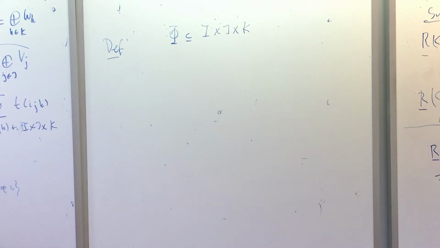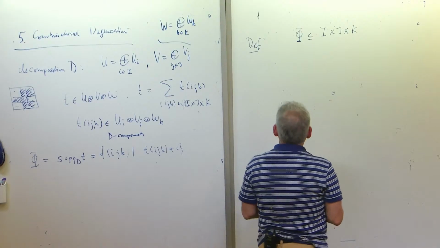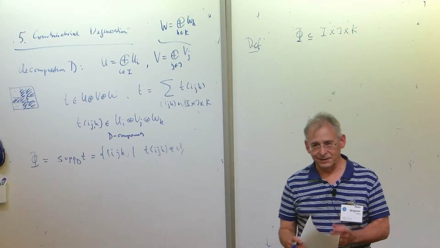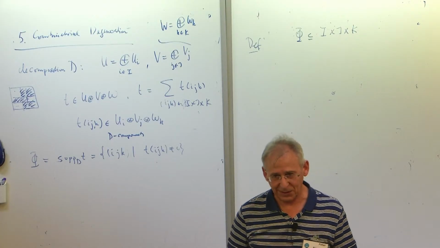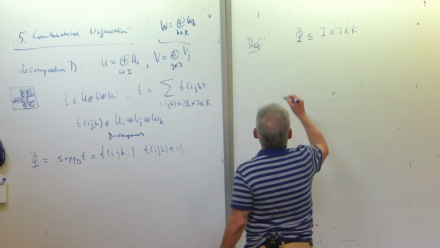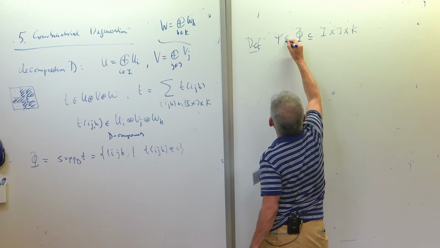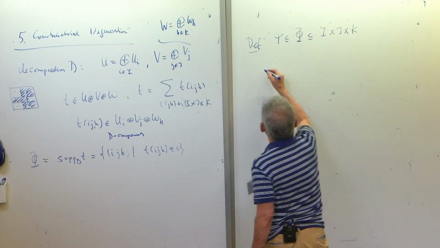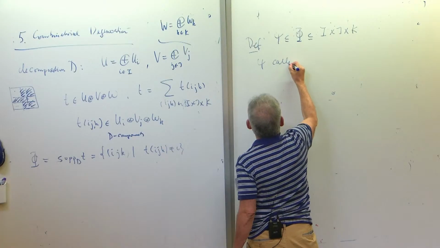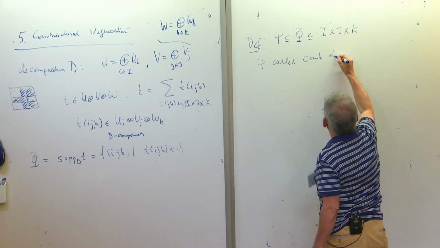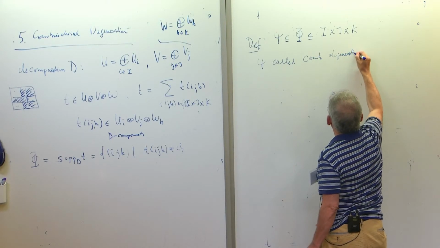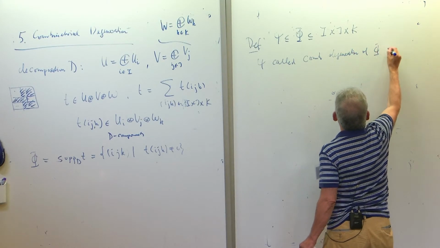In my application, it's the support. I want to make the support smaller, because in the end I want something diagonal. So I have a psi, a subset of phi, and I say psi is called a combinatorial degeneration of phi if and only if